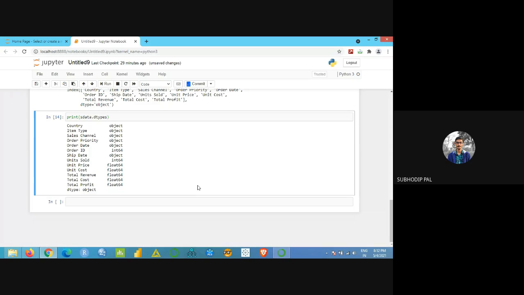Yes, it's 64 bytes. Okay. So this is the data types, the different data types. I can easily check using this particular command. Till now, I hope it's clear for everyone. Yes.